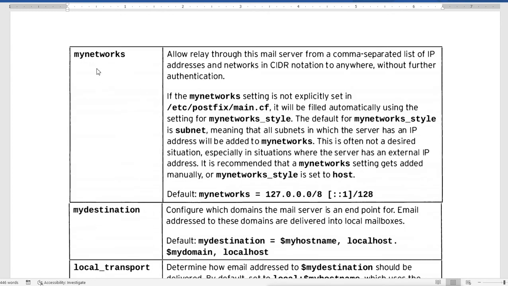Then we have my network. This allows relay through this mail server from a comma separated list of IP addresses and networks in CIDR notation to anywhere without further authentication. So if the my network setting is not explicitly set in this main configuration file, this is the main configuration file for Postfix, it will be filled automatically using the setting for my network style, and the default for my network style is subnet, meaning that all subnets in which the server has an IP address will be